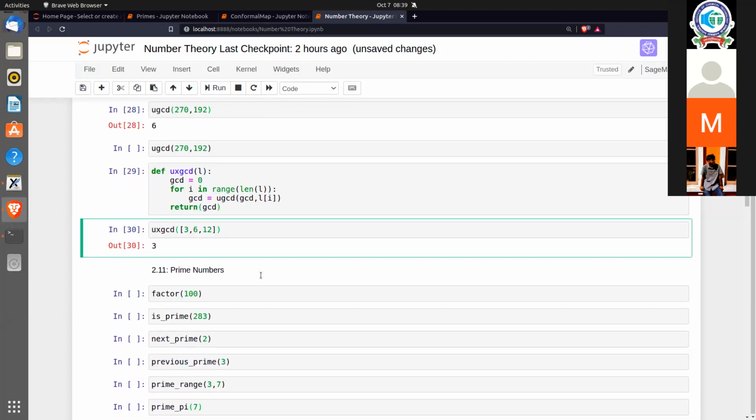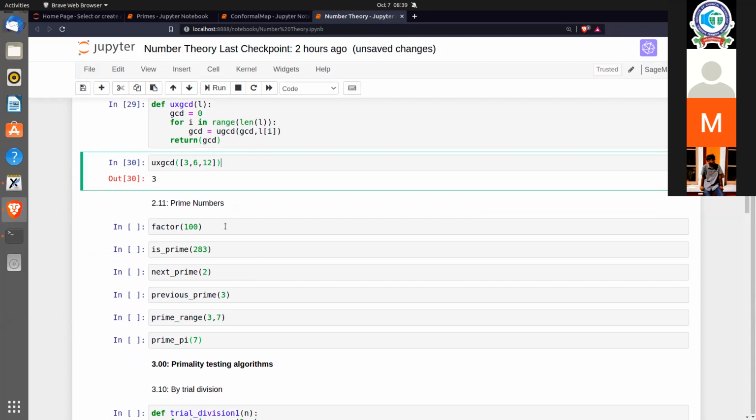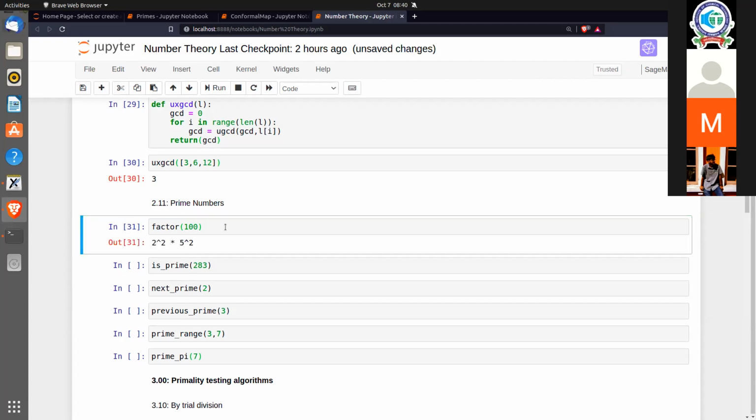Okay, so now that we have this concept of divisibility and GCD at hand, we can also move on to study what are called prime numbers. So before that, how we identify prime numbers: it should obviously be a natural number greater than 1. Now, if it only has trivial divisors, it's a prime, and if it's not, it's a composite number. So for instance, if I have 100, it has non-trivial divisors. And if I choose something like 3, it will only have the trivial divisors.